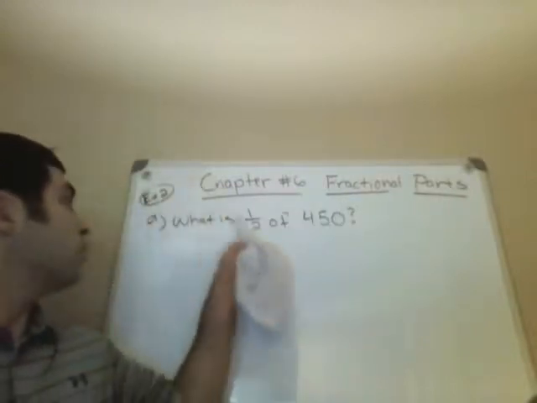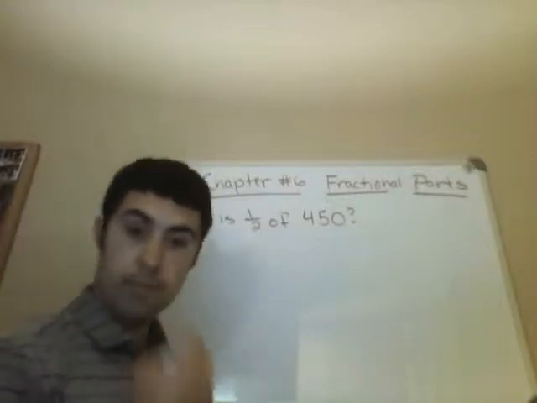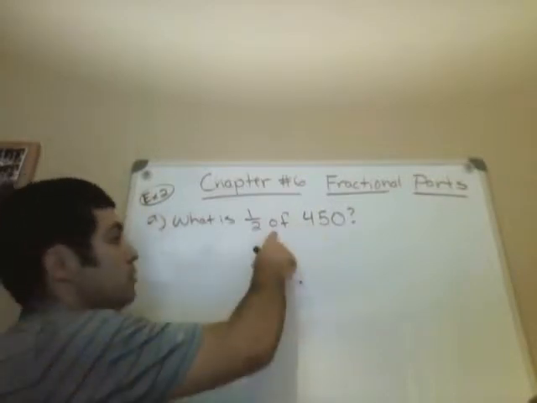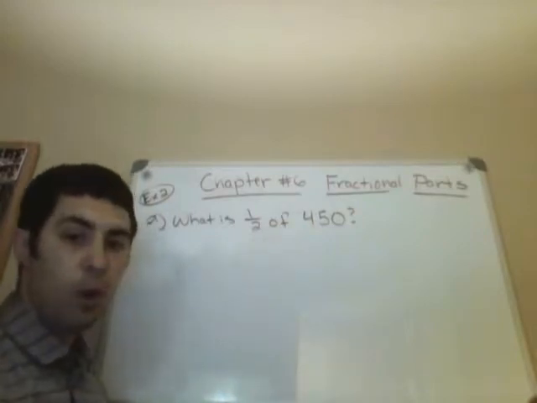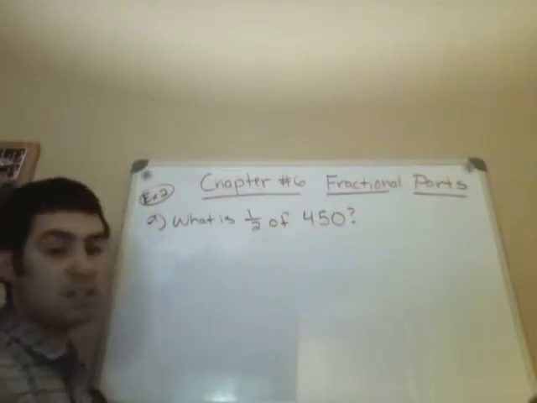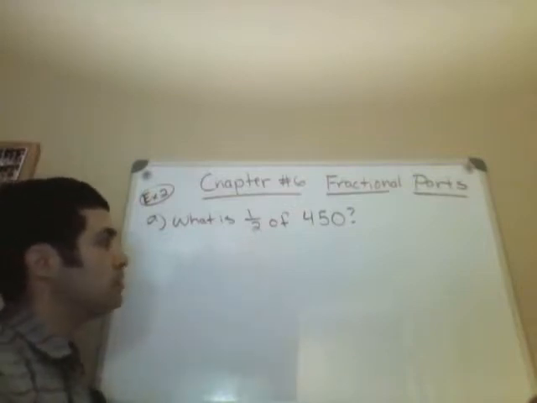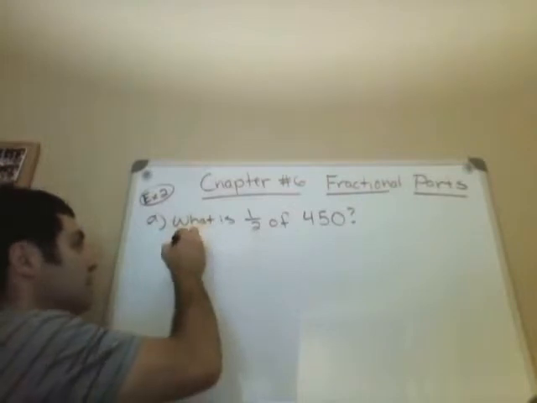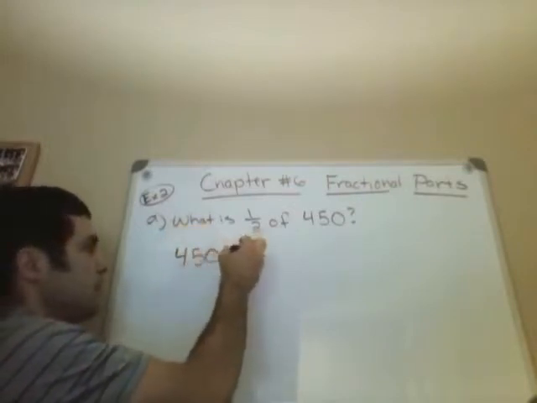Alright, so we have right here, what is 1/2 of 450? So 450 is the whole. A lot of times if you see the word "of," that means 450 is the whole group. And so we want a fraction of that group, and what fraction do we want? We want half. So how are we going to calculate that? You can do it a couple different ways. The word "of" always means multiply. So we're going to take 450 times